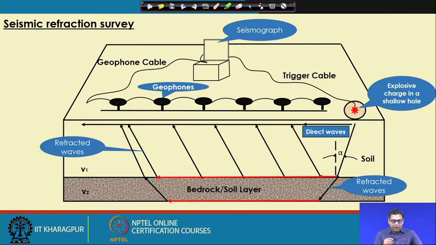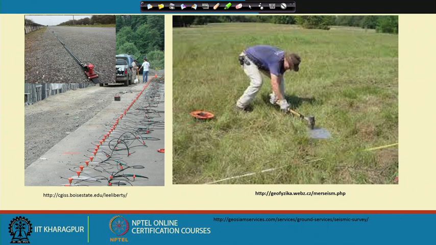Next, we will go for the seismic refraction survey. Here, this is the source, and you again put n number of geophones. This may be a soil layer, or the bedrock. In the seismic reflection case we had a homogeneous soil, but here it may not be homogeneous; it can be different layers of soil. So, instead of bedrock we can have soil layers of different thicknesses. Here also we apply the hammer blow and place the receivers.